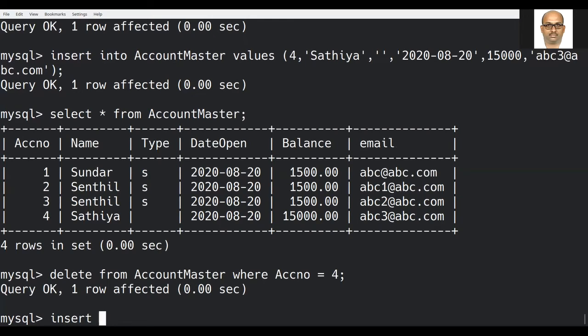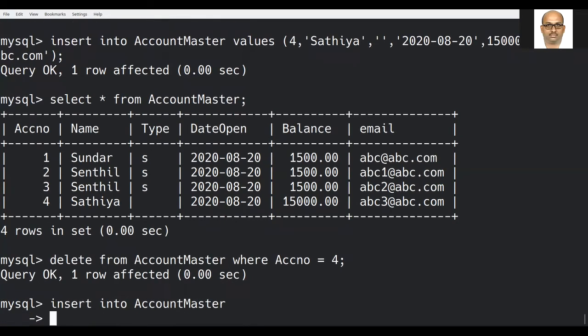I have to check. Insert into account master. I am going to insert account number, name of the person, date to open, then comes balance, and then the email